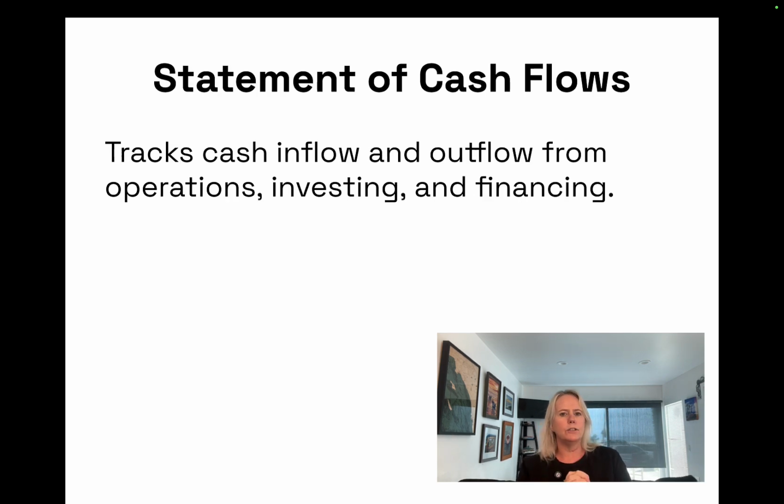And then the statement of cash flows, the way that I describe it is it basically measures the flow of money through your business: what you're putting into your operations, what you are investing into your business, what's coming out of your business, and what you are using the money in your business to finance. So it kind of tracks how you're using your money in your business. Really important for investment purposes and investors, but it's a little beyond the scope of our class. We do have a course, Business 154, that does go into the statement of cash flows.